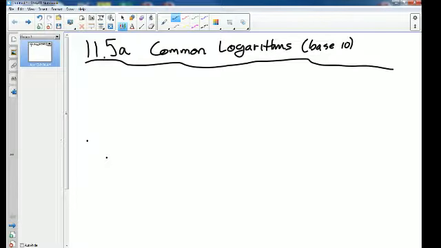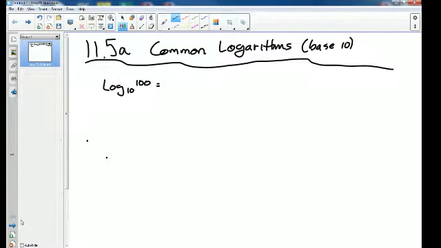Logarithms, so we've kind of just glossed over addressing the basis of logs. And today and tomorrow, we're really going to focus on base 10 and how to change everything else into base 10. Okay, so just as a recap, if I asked you for the log base 10 of 100,